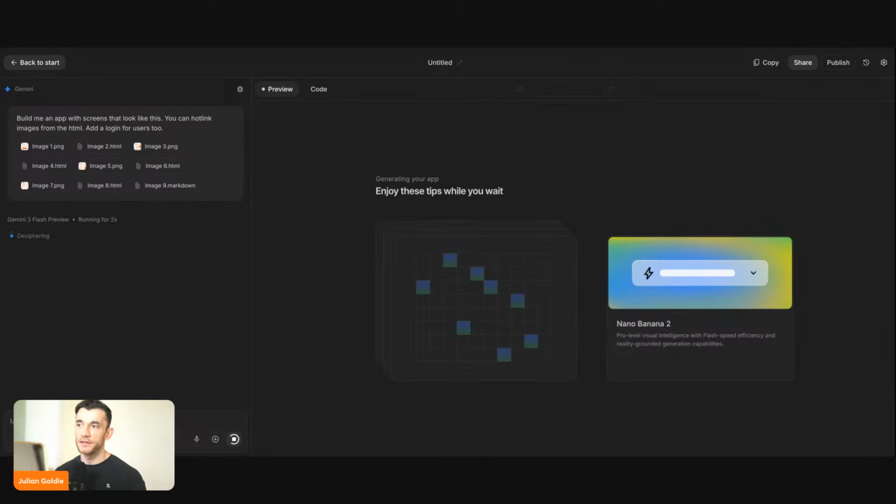Basically, this takes the front end designs from Google Stitch, plugs them into AI Studio, uses Antigravity for coding and testing the app to make sure it works before it gives you an actual design. And then also on top of that, it's going to create a backend, a database, a login for people to use